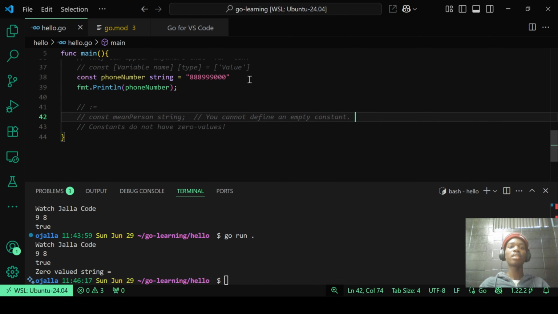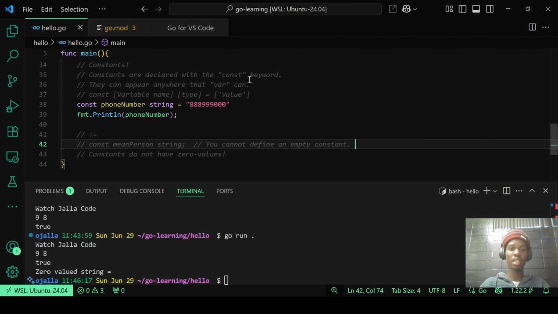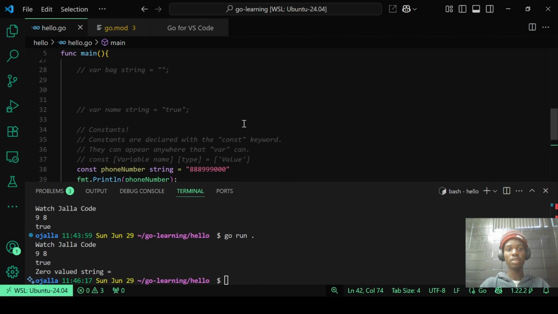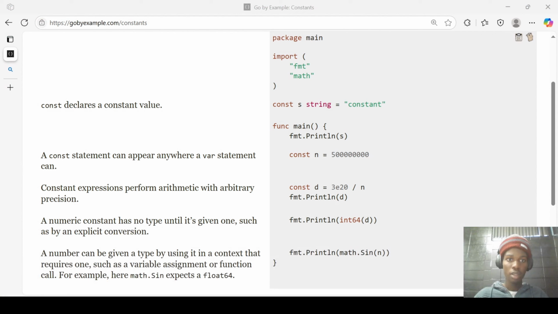So basically, constants are just for defining constant variables you do not want to change. They are basically the same thing as var, except var can be changed and constants cannot, which rounds up constants for us because there's not much to speak about. We've not gotten to the fun parts of Go. Probably by like day 5, maybe we could be there, depending on how fast we're going. Now let's go back